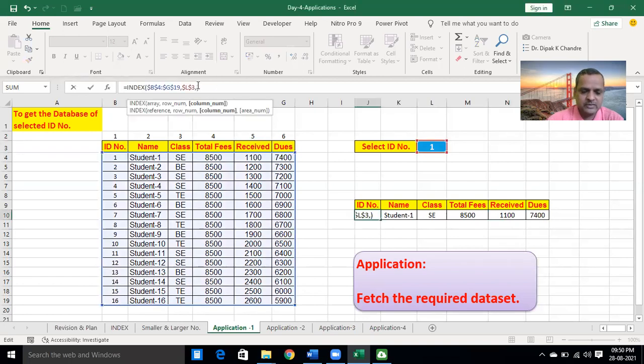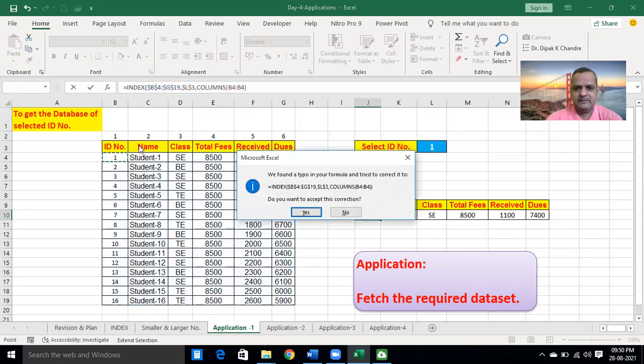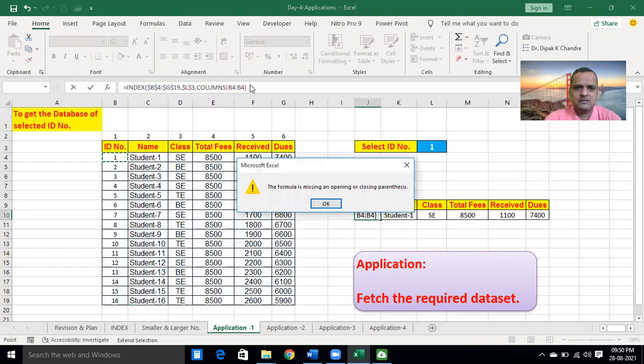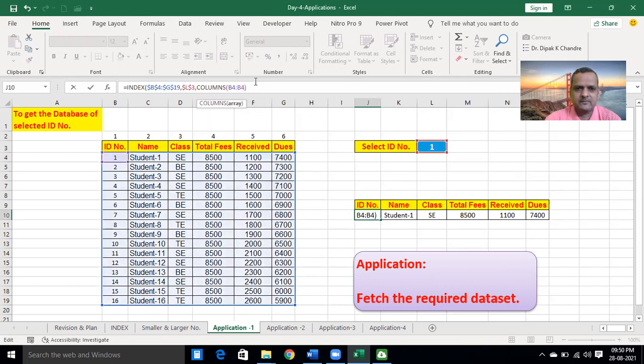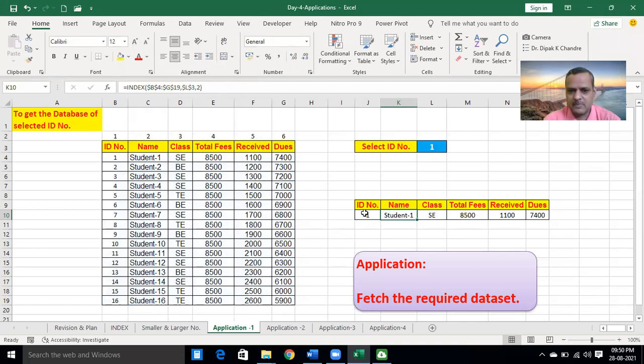So write COLUMNS, then the array. Which array? This first one to first one, B4 to B4, and then hit the enter key. Okay, you need to close the round bracket. See, and then drag this formula till the end.